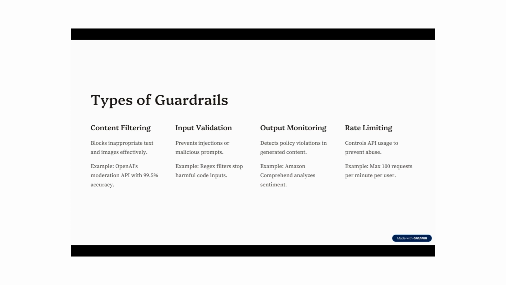Then the input validation. Now, whatever the user is inputting, let's say in the chatbot, those instructions can go into your prompt when you are calling the AI model behind the scenes. Now, whatever you type, if that is not sanitized, if that is not filtered, then it will not prevent the injections or the malicious attacks, and then it can impact your outputs also. So, for example, if I write some function in the chatbot which can execute behind the scenes when it is interacting with an AI model, it can have a negative